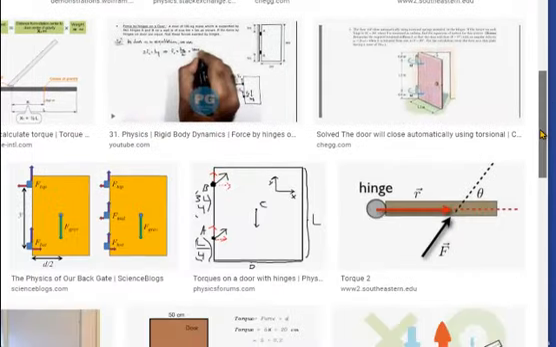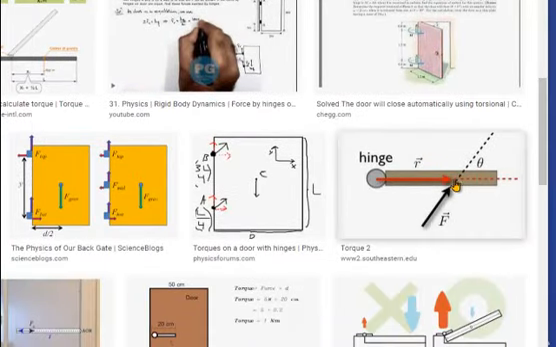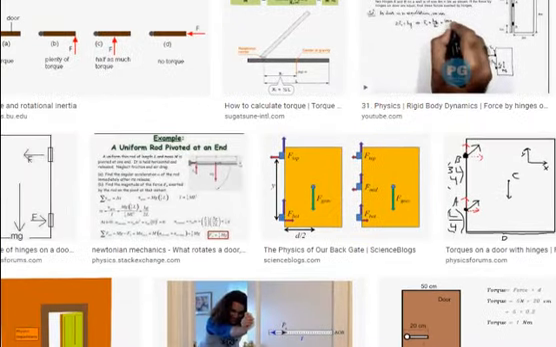That can be shown in this one here. You don't want to exert the force here at this angle. You want to exert it over here, maximize the lever arm, and perpendicular, which also maximizes the torque. All right, so I should start with